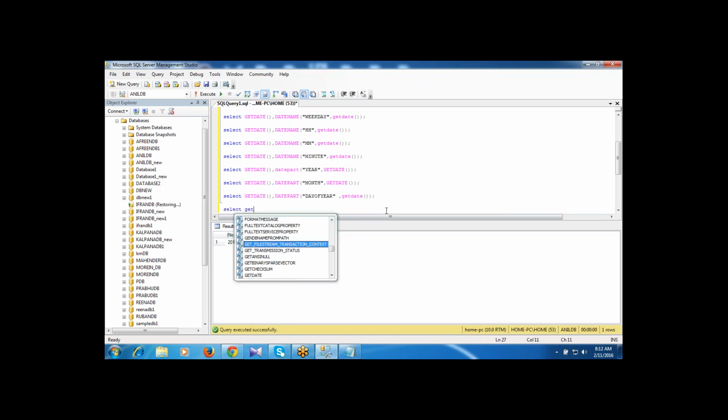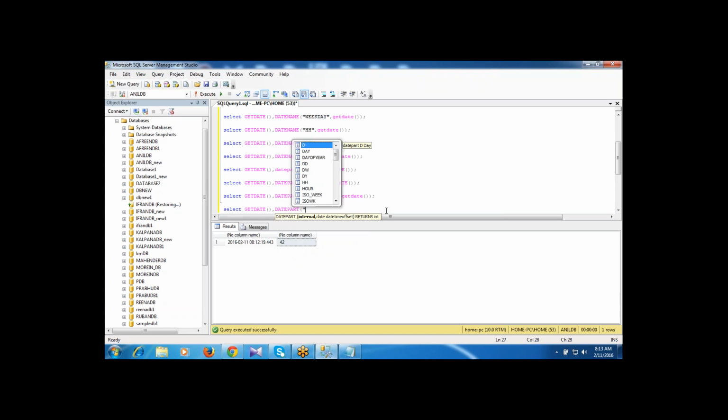So here the GETDATE function, DATEPART, right? To get the properties in the GUI mode, press Control and J. Press Control and J, then it's showing the properties. Then you can select the property and press spacebar. Day of the week, right? From the GETDATE function. Select the query, go for this. Today is 5. Sunday is value 1, Monday value 2, Tuesday value 3, Wednesday value 4, Thursday value is 5.